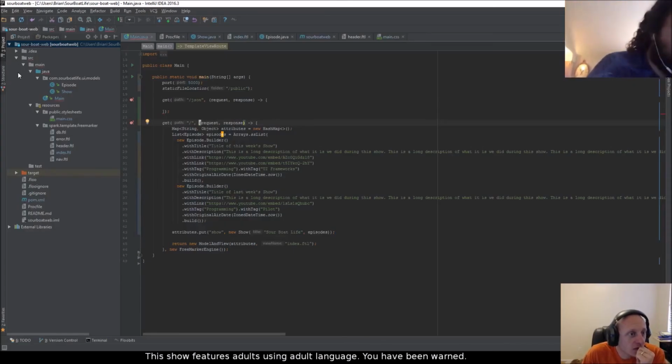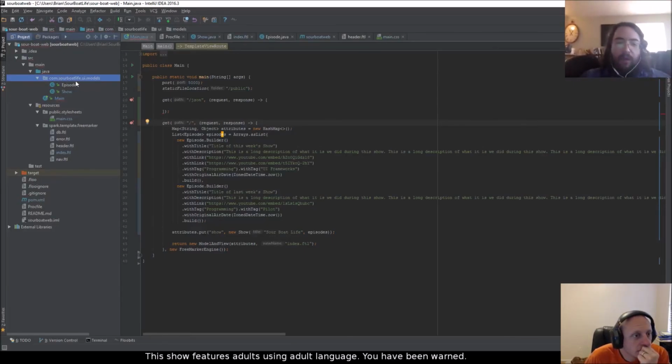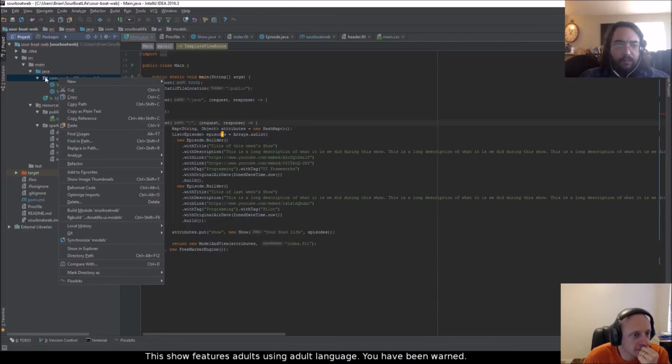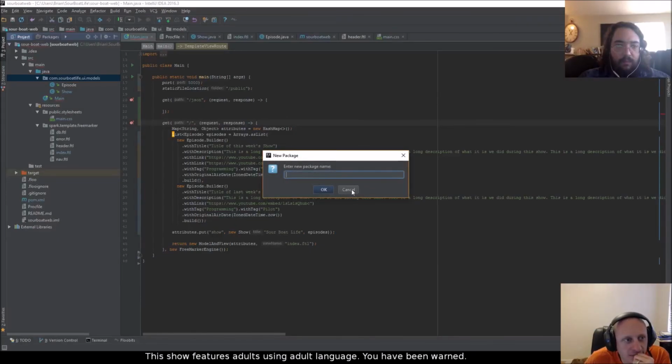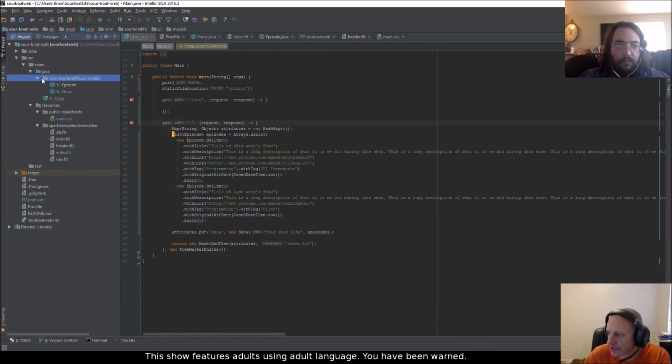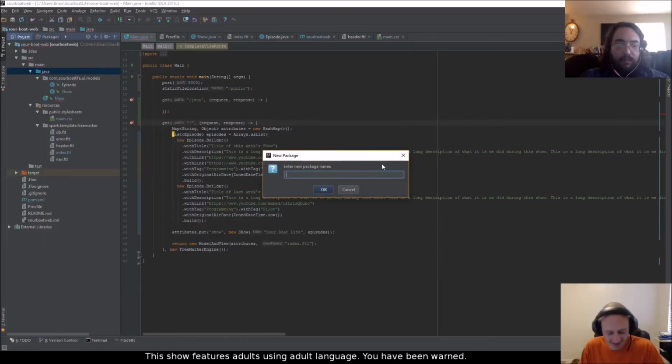So the question is, where does it go? I'm really not all that worried about it. So wherever sounds good to you is fine. Now, one thing I can't always remember: if I want to create a Java package, I'm over here looking at com.sourboatlife.ui.models. If I want com.sourboatlife.not.ui.model, I just make a new package at the Java level, and I just name the whole thing. Yeah, that's what I do. And this is kind of like our data access, basically, right? Some of it's stubbed and some